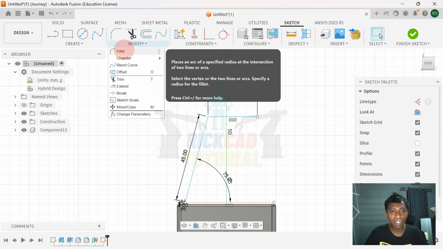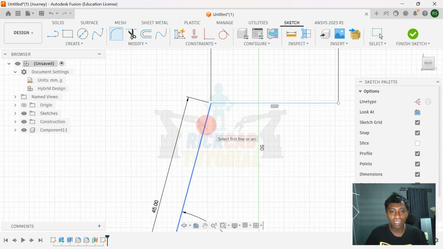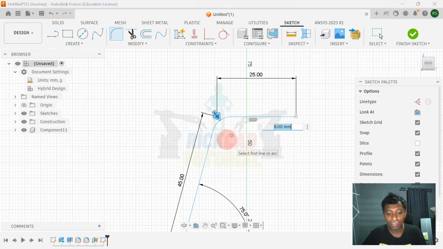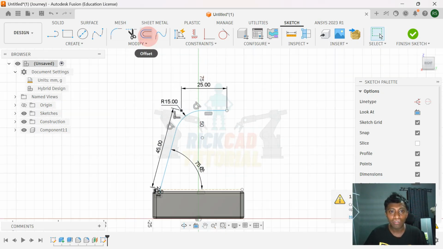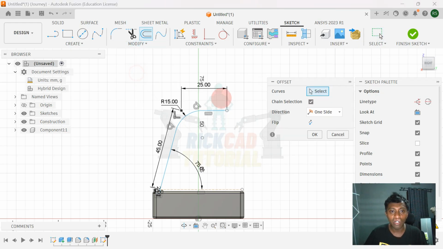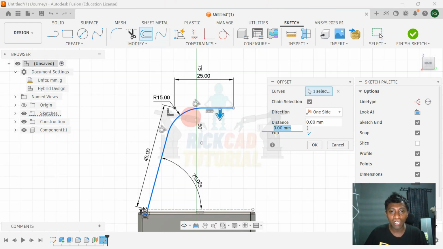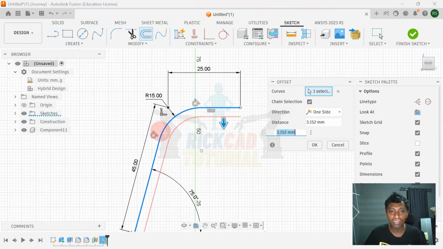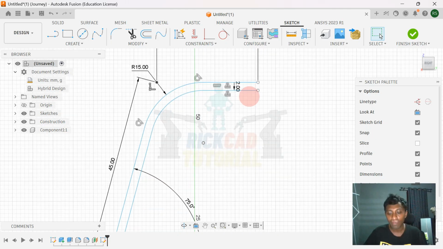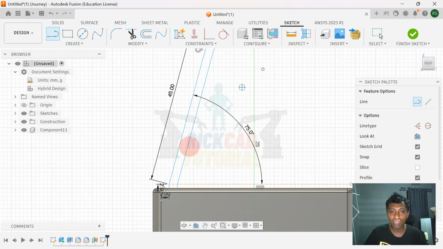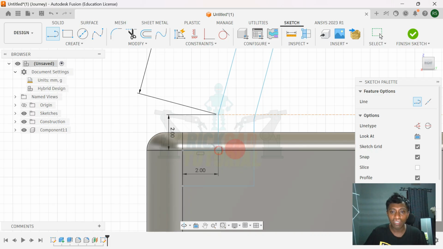And start to modify the line with a fillet, okay, this one and this one. And the radius you can make 15, okay, like that. So just use an offset to the line, okay. We click this one or choose this curve, like that. Make the distance about 2, and then you connect it and also connect it right here, okay,